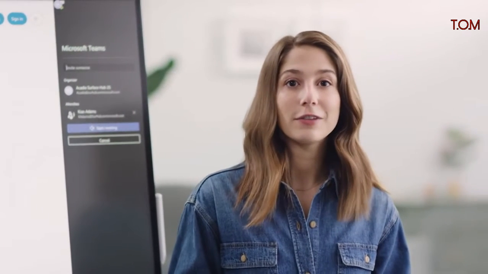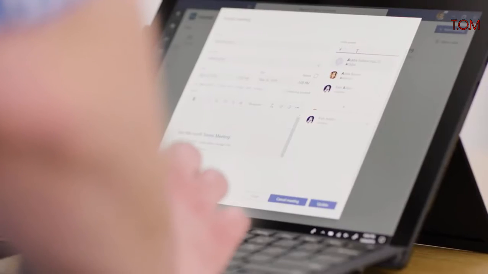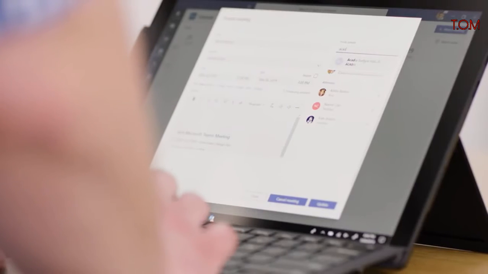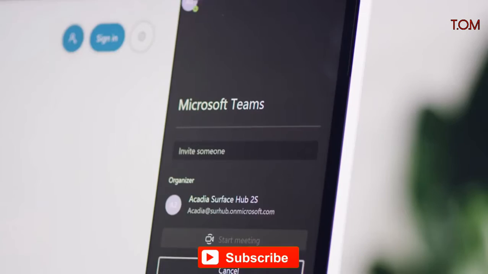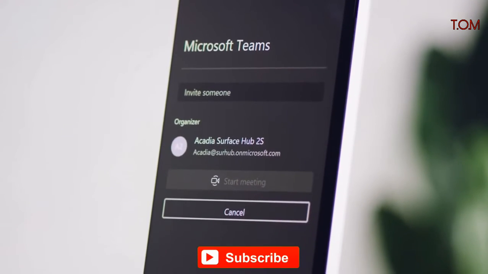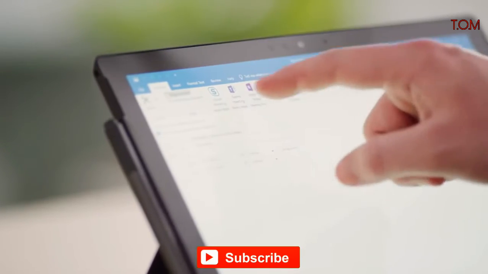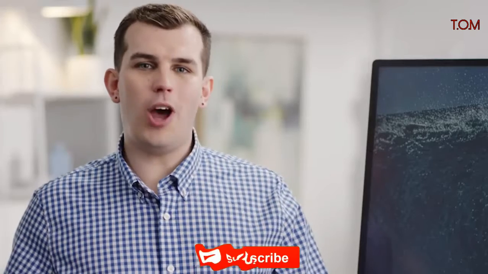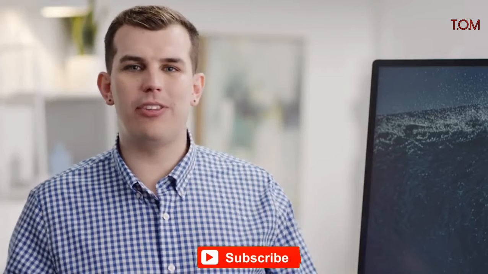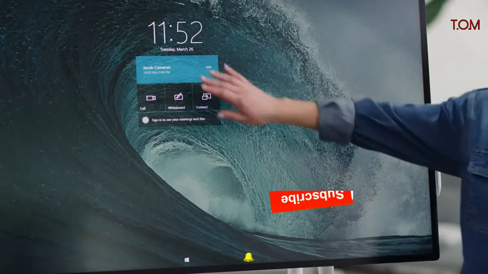The second way to take advantage of Teams is to book a Surface Hub by adding it as an attendee when you create a meeting in Teams or Outlook. If you're unsure of the account name for the Surface Hub, you can find it on the Meet Now screen. If you're setting up the meeting in Outlook, be sure to set it up as a Teams meeting. When it's time for your meeting, simply walk up to the Surface Hub, and with just one touch, you're in